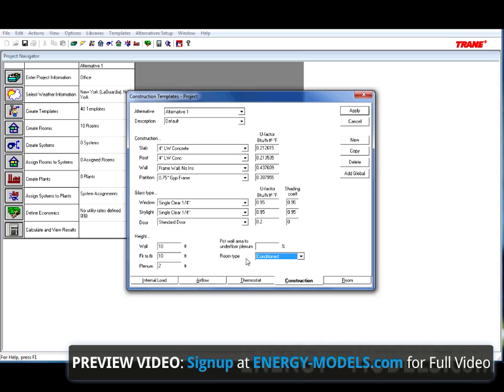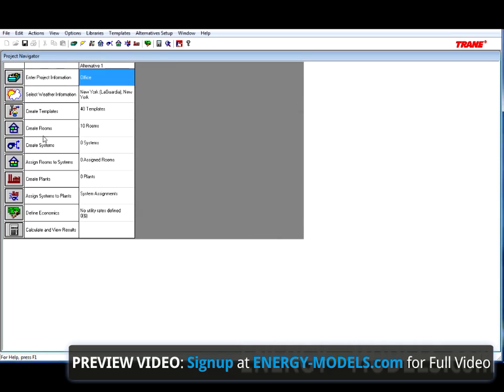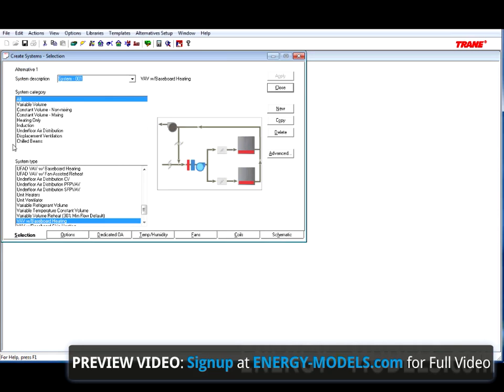There are no further changes in templates or in Create Rooms, which takes us to Create Systems. Remember, when creating a system, always give the system an appropriate name. This will be very helpful when assigning rooms to systems, and even more helpful when assigning